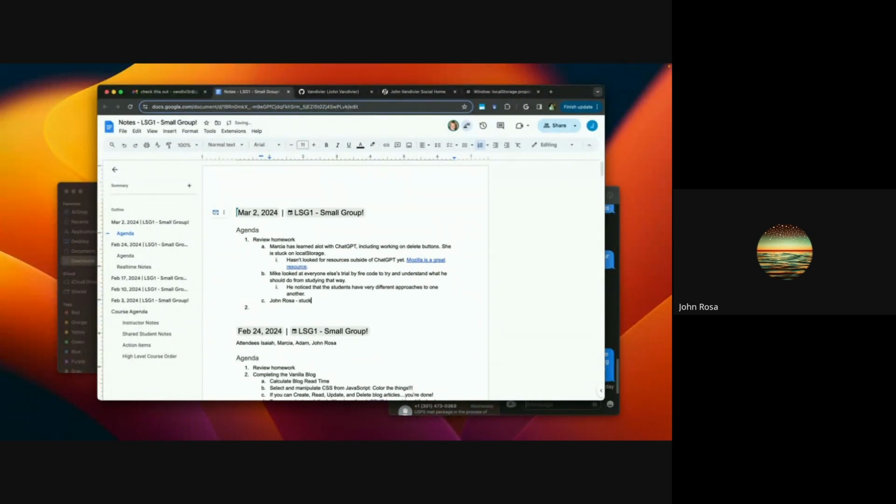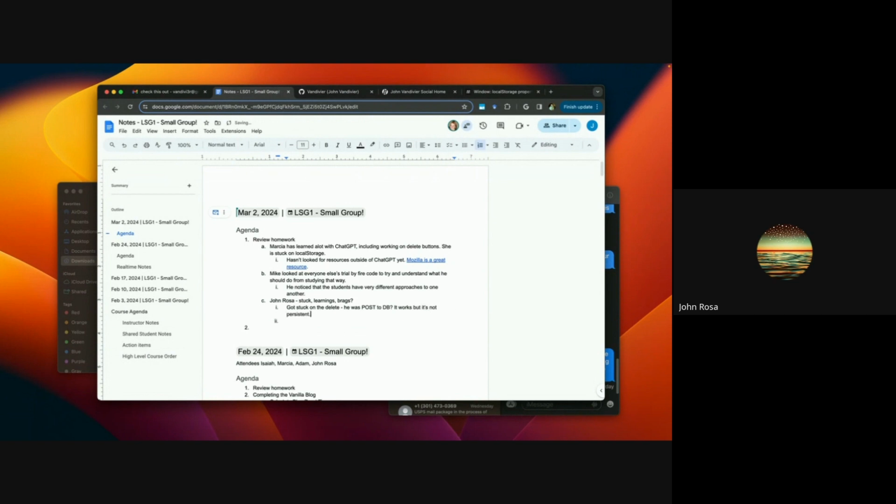stuck on getting the delete button to work for the posted forms. And that led me into a big rabbit hole about database management and querying languages and regular expressions. And it actually was not hard. So it got me distracted for a while, but I got it to work. I want to brag that it works. And my students, or some of my students, like how it works because it's not persistent. So once I refresh the page, it clears everything. And yeah, where I should have spent some time going into design with JavaScript, I spent that going down the database rabbit hole. So yeah.